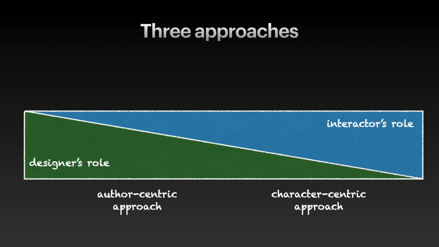The third approach is located between the previous ones, and it's called the hybrid approach. It originated in the 2010s, and it was also a reaction to the problems that, this time, the character-centric approach wasn't able to solve. Like the name suggests, it's a hybrid, a combination of both of the previous approaches. Likewise, the two measures are more in balance here.